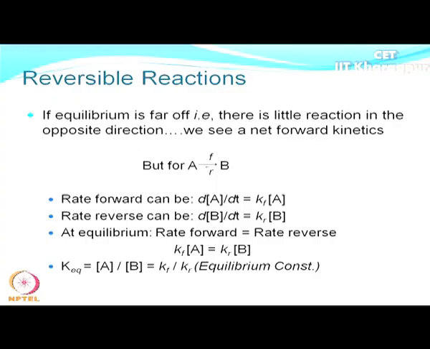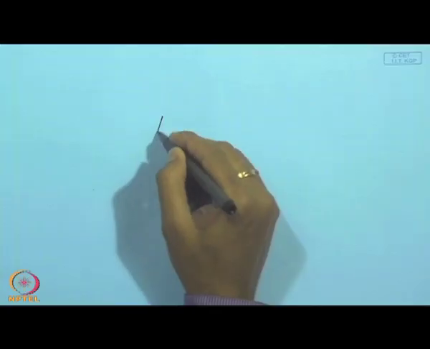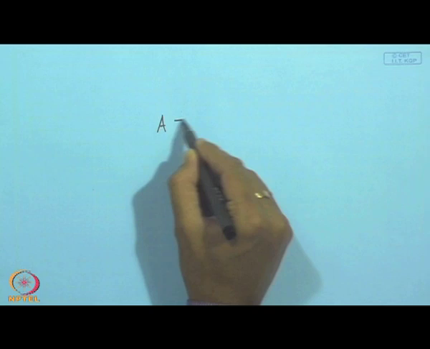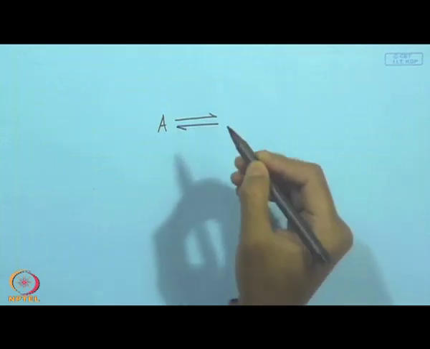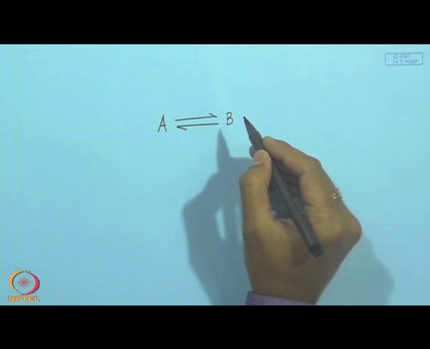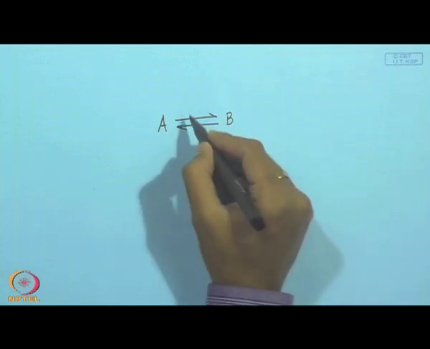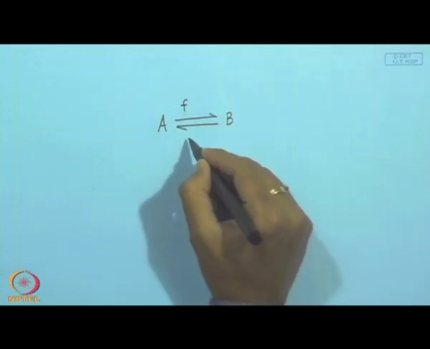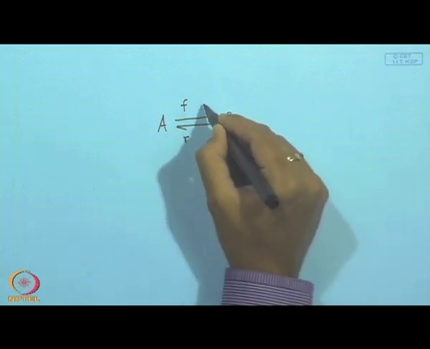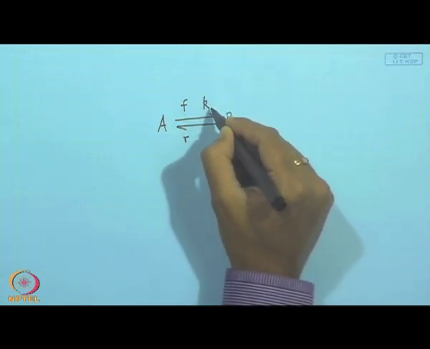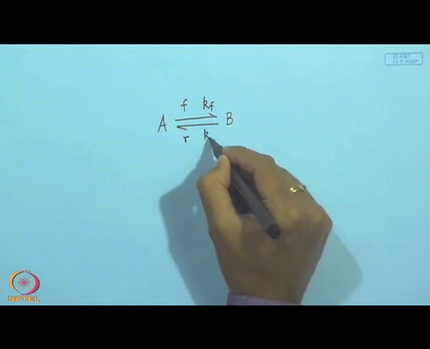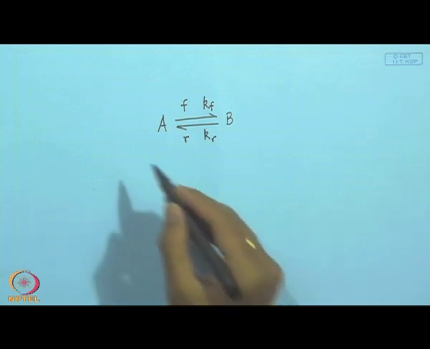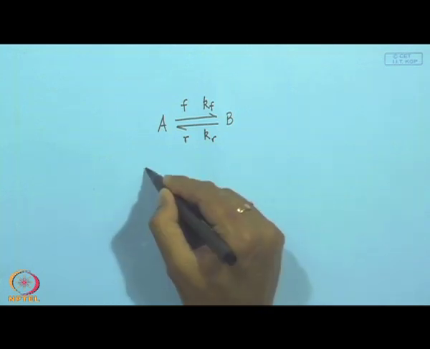But if we think of a reaction like this, where it is not far from equilibrium, maybe close to equilibrium, there is a net back reaction. If in both directions the reaction is of first order kinetics, that is a forward reaction and this is your reverse reaction, with corresponding rate constants Kf and this is Kr. Then what can you write? The rate of forward reaction